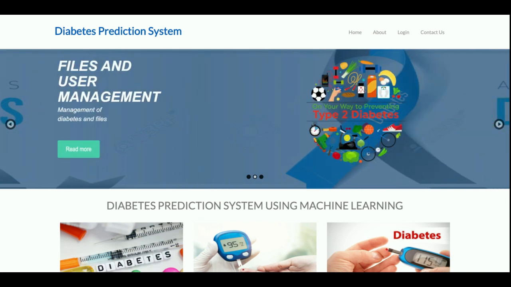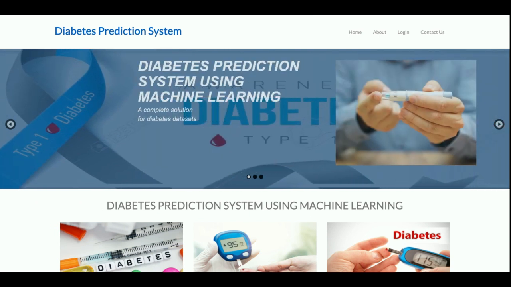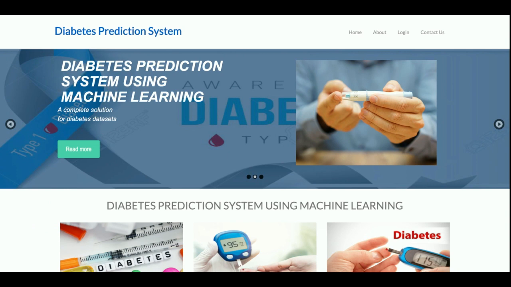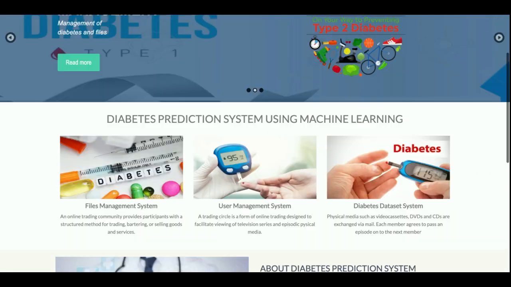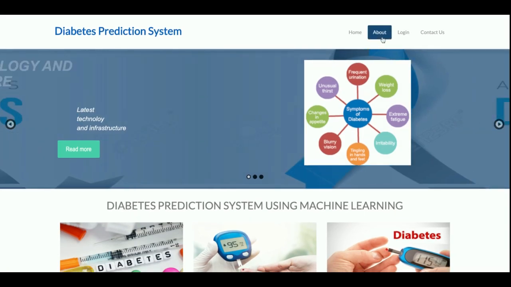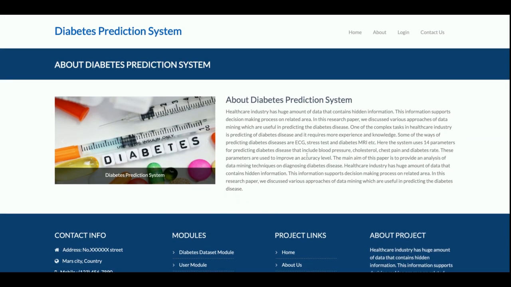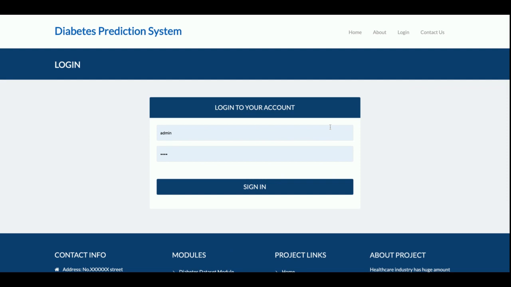You need to install the proper libraries, the pip libraries, and the proper Django versions and all of those things. I will provide you the requirements.txt for all of those things, right? So let's start. This is the home page of the project. It's a responsive, bootstrap theme. This is a static page, and it's about the project. If you want to change the data, you can change it from the template file. This is the login, and this is a dynamic page. If you have the user ID and password, then you will log inside the system, right? If you don't have the user ID and password, then you will not be able to log in, right? The user ID is admin and the password is test.